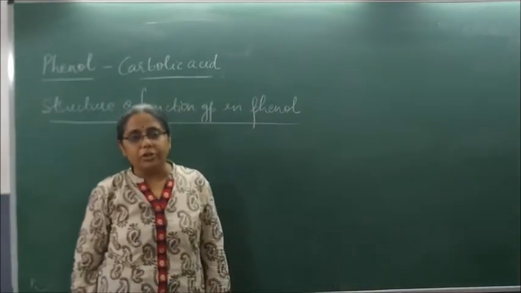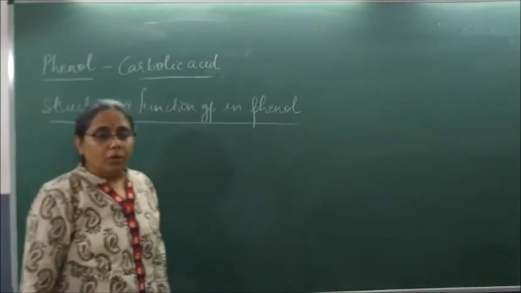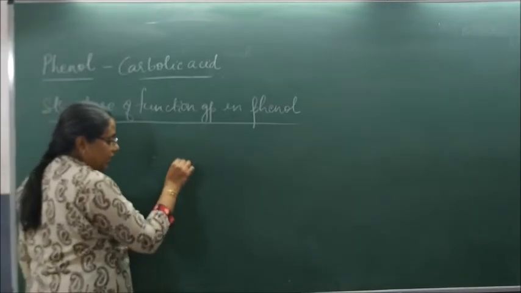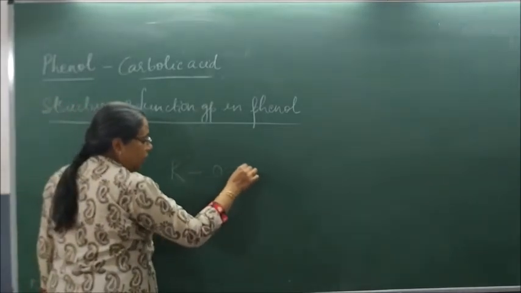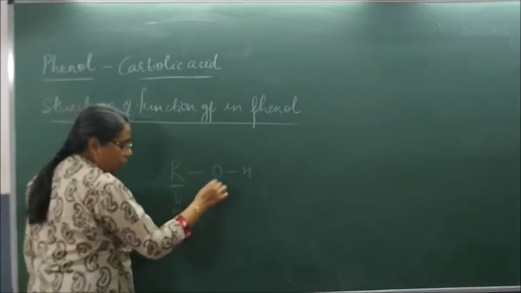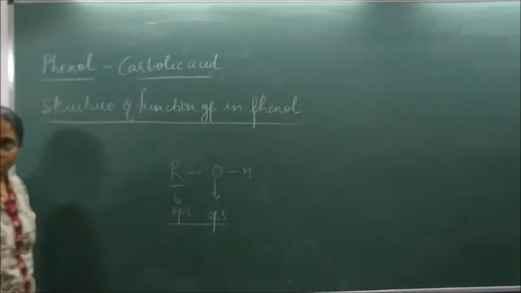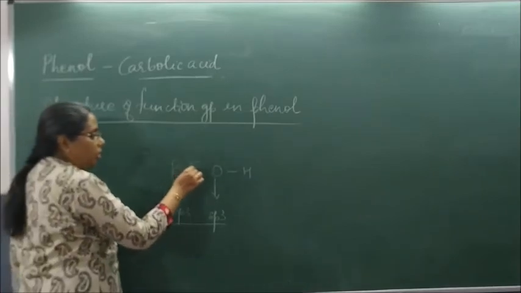Do you remember structure of functional group in aliphatic alcohols? What did we say? We said in aliphatic alcohols, the sp3 hybridized carbon overlaps with the sp3 hybridized orbital of oxygen to form what bond? Sigma